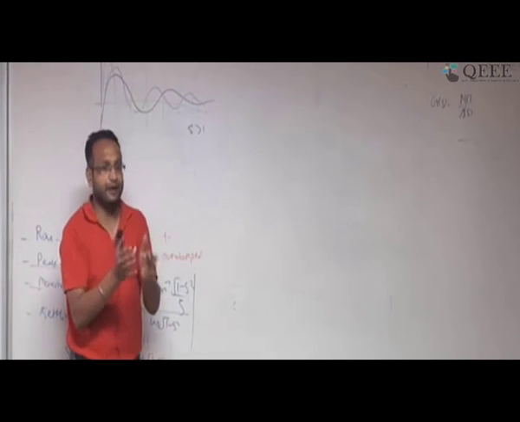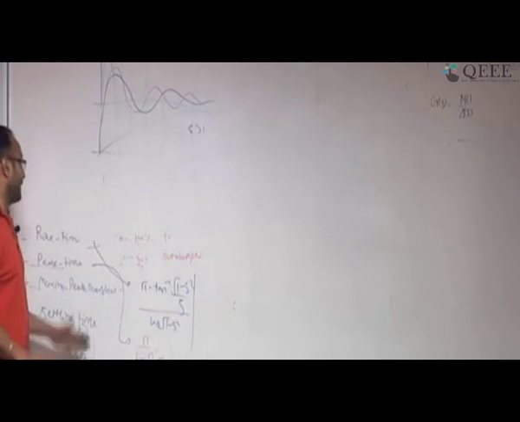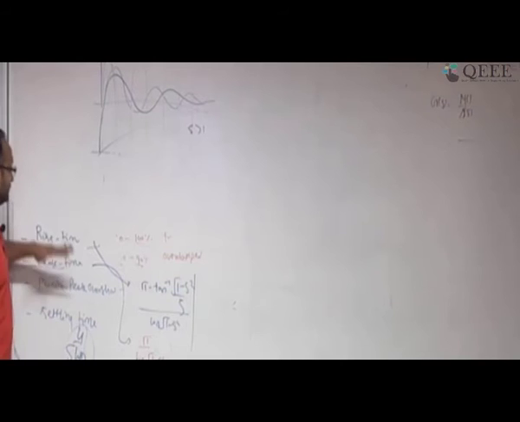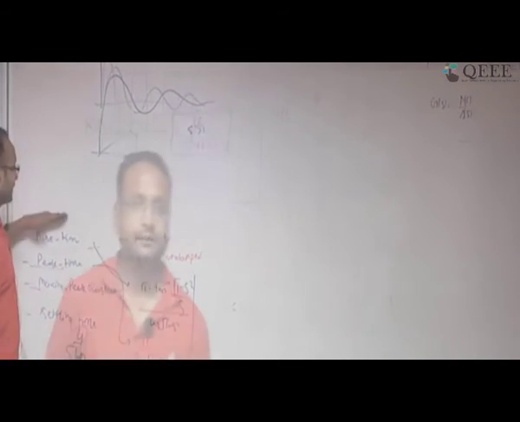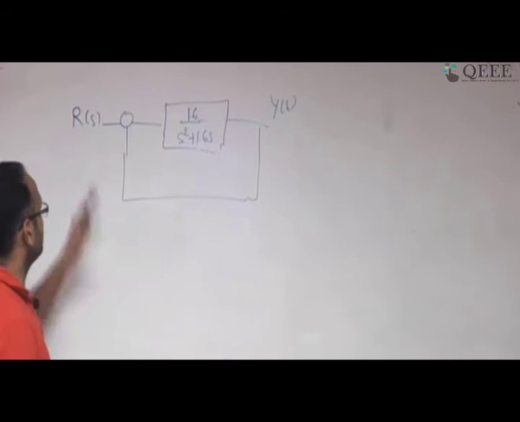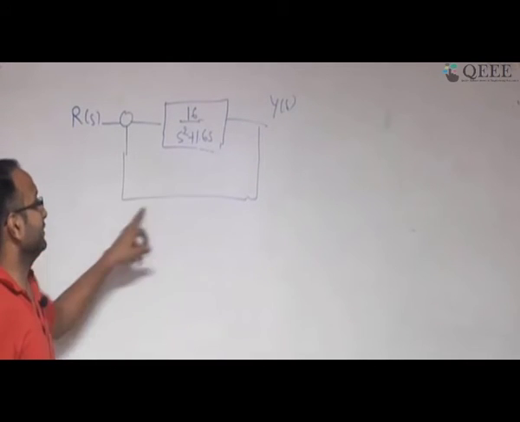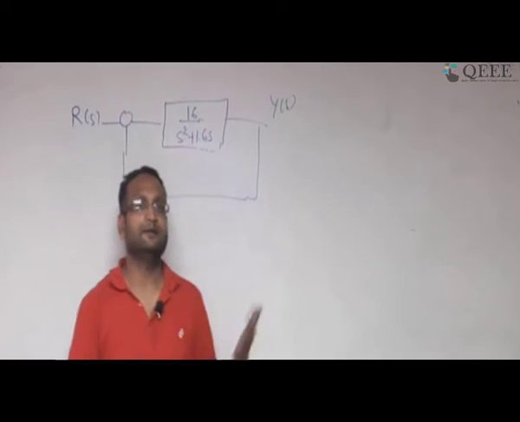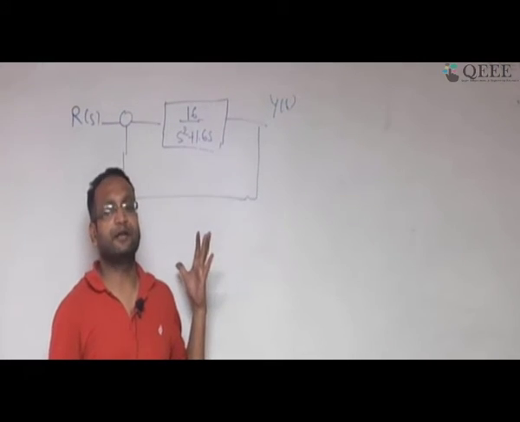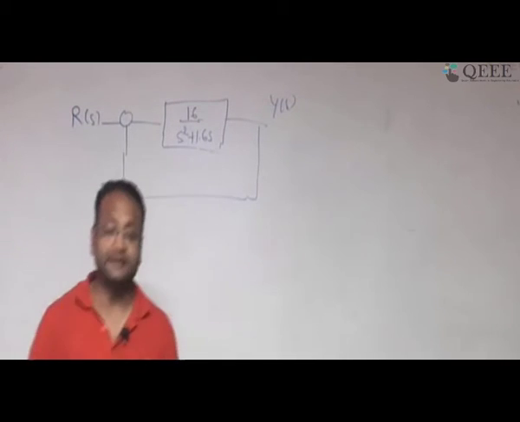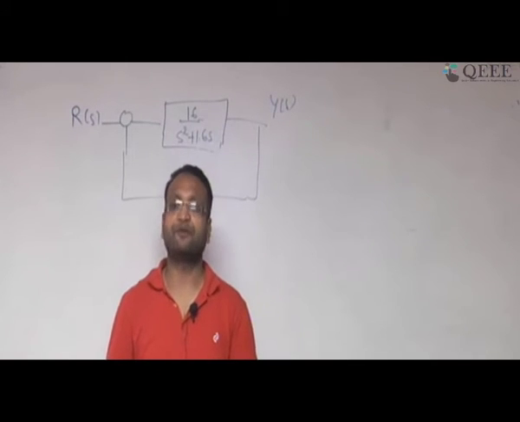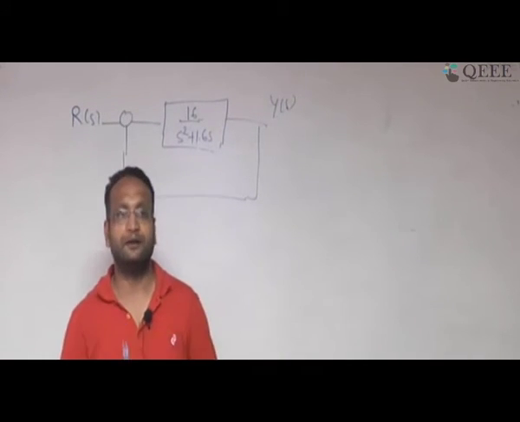I have to be in between, and for that there are 4 terms which we have defined: rise time, peak time, overshoot, and settling time. I want settling time to be as small as possible, overshoot as small as possible, peak time as small as possible, and rise time as well. So this is a system given to you. This is called a unity feedback system, meaning the feedback is unity. I am not spending time on what a unity feedback system is. This is a mathematical way of representing it. It doesn't mean that the transfer function of the feedback element has a unit value, so you can go back and look at what the unity feedback system is.